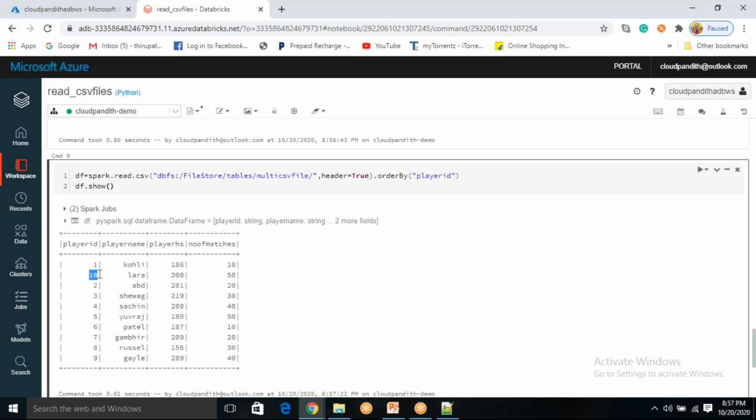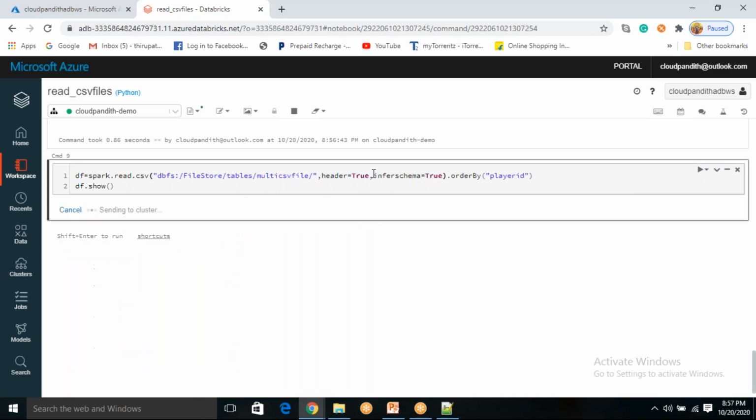Can anybody guess why it is like this? Very good. The data type is string. Let me show you here. If I tell the data type is proper, infer schema equal to true, now data will appear properly.